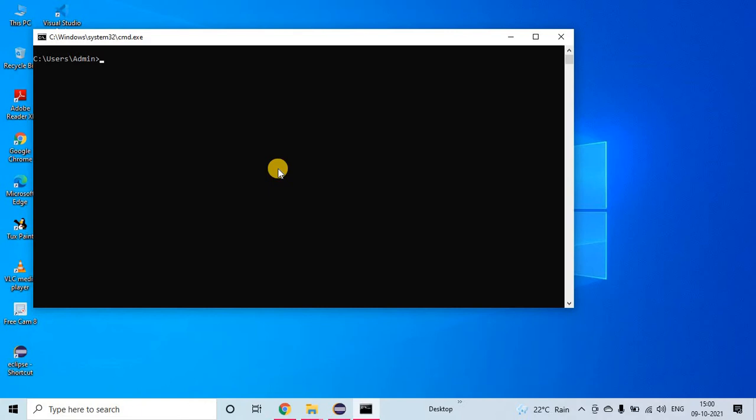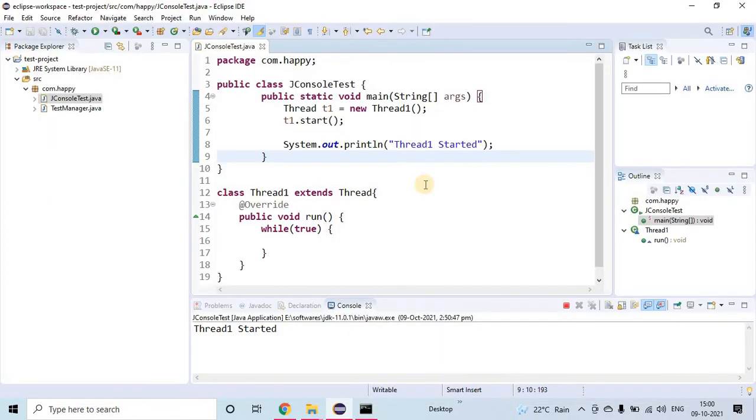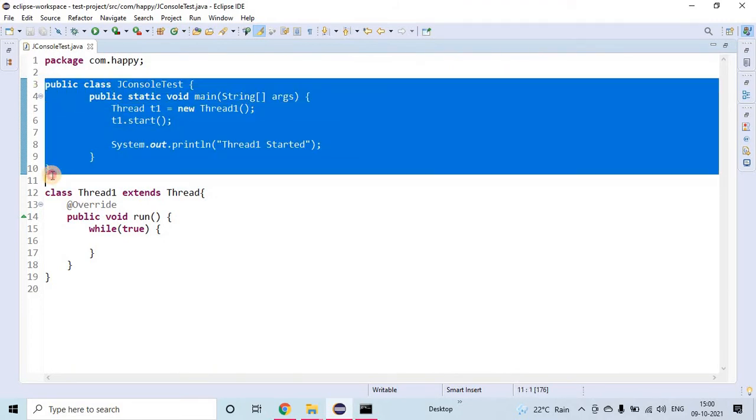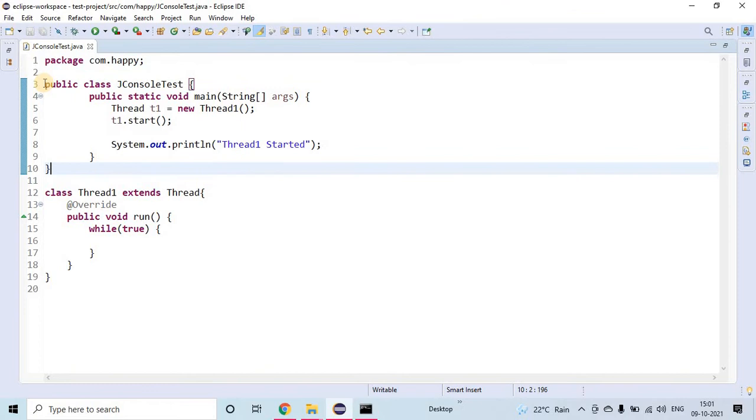So without wasting our time, let's go to JConsole. To start with JConsole, first we should have a Java program running. So for that, I have written a Java program. This is a simple Java program, guys. It is not necessary to use this exact Java program. You can create any Java program, but the only condition to connect to a Java program and analyze that program with JConsole is that the Java program should be up and running.